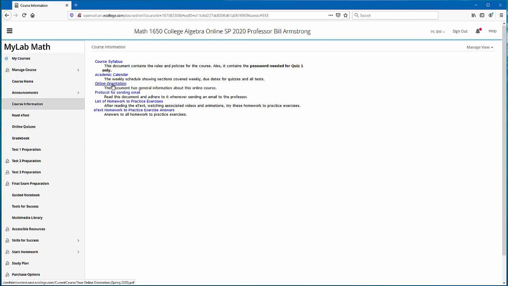Your online orientation, the protocol for sending email, print that out and have a hard copy on hand. List of homework to practice exercises, print that out and have a hard copy on hand. These show you the exercises to do at the end of each section in the e-text. And your e-text, the answers to the practice exercises. So coming back over here,